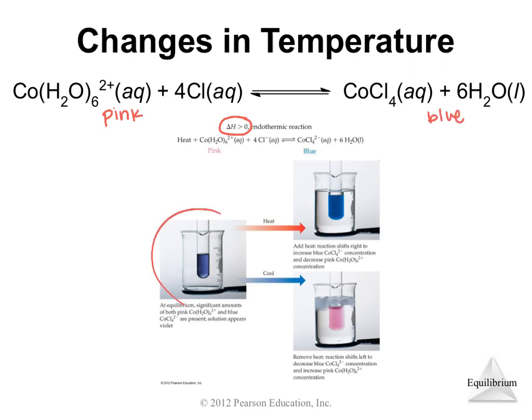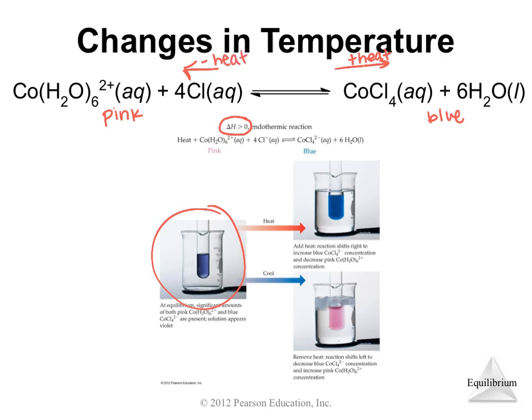So at equilibrium, you get this kind of nice purple color, but we can change the color by changing the heat. And that tells us something about the reaction. So if you add heat, the reaction shifts to increase the blue. So if we add heat, it moves this way. If you remove heat, it shifts to the left. So if we go this way to remove heat,